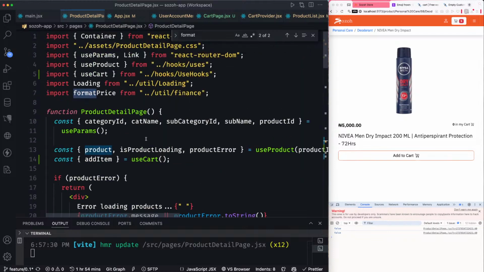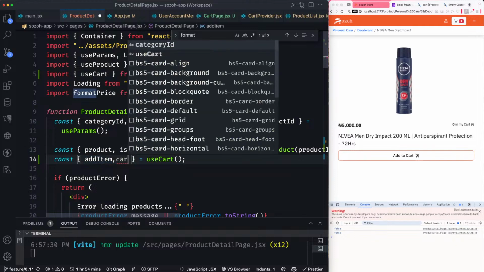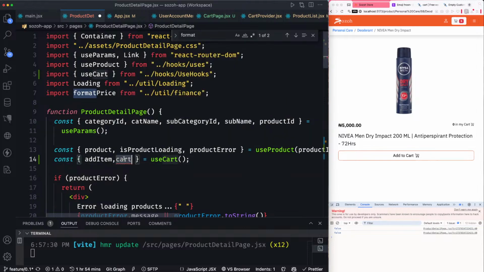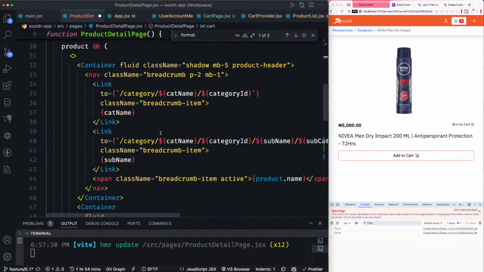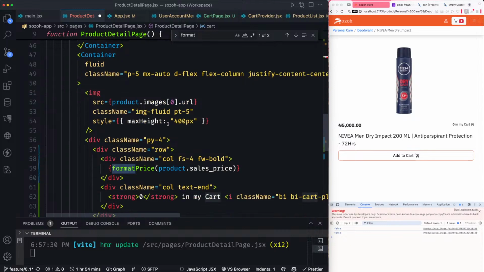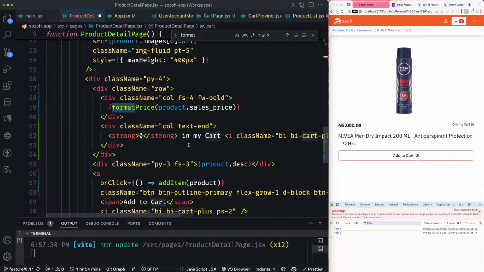So I need to get the cart then. This then becomes